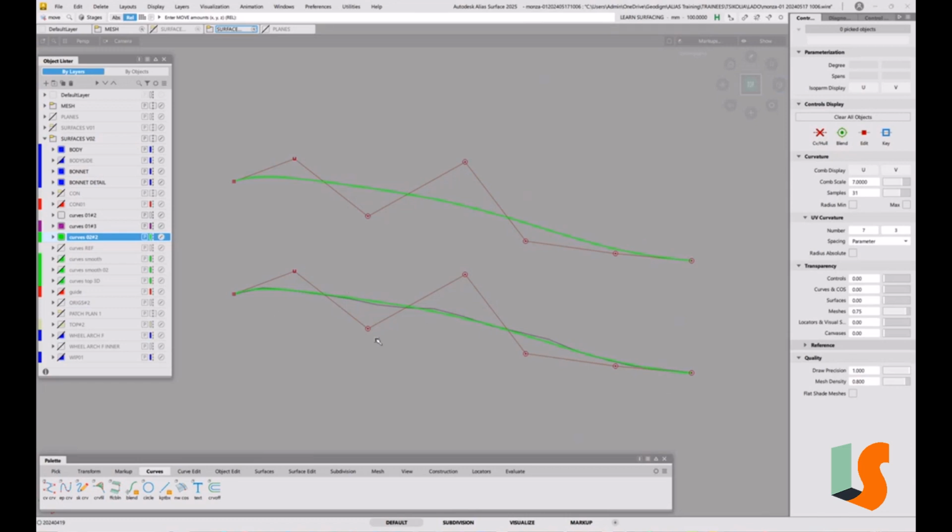So this should be, strictly speaking, that's that CV there. It should be up here. This one should be down here, so that we have CVs which are similar to the shape. So we've got this S shape, so you'd expect the CVs to be S-shaped. But if you've got something like that where they're crossing over and it doesn't actually reflect what's going on the